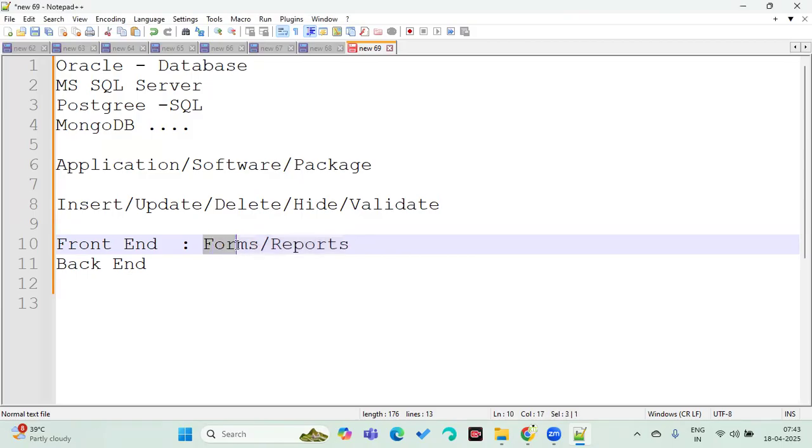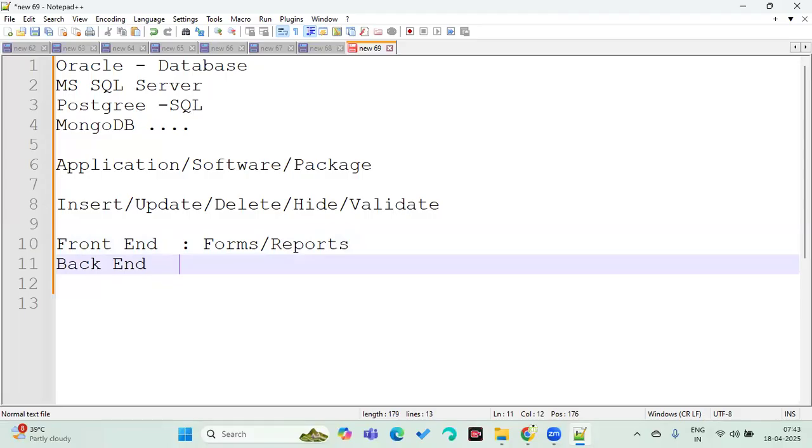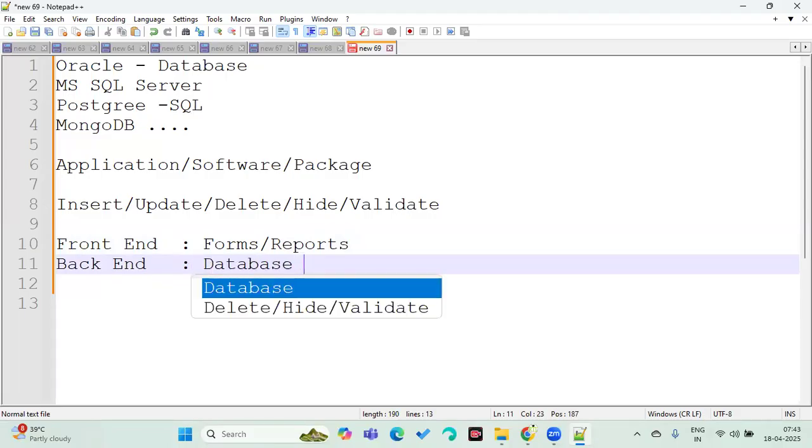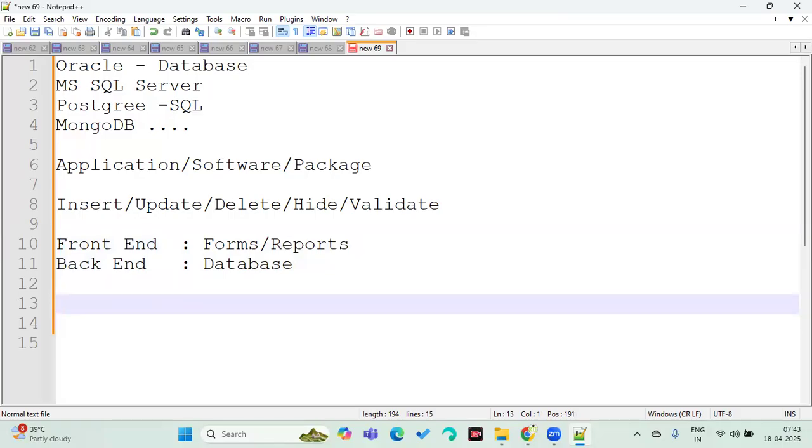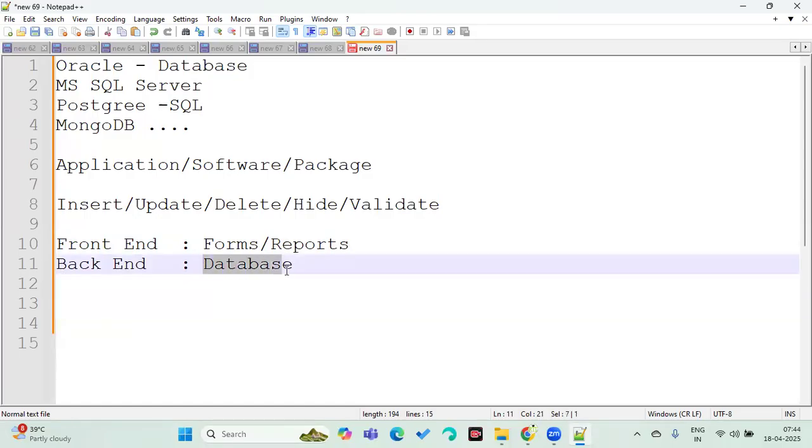Whatever data they entered in the forms, when they click the submit button, you might have seen, that information will be saved in the database. Okay, that's what backend is. Backend is nothing but a database. So if you buy some items today and go tomorrow and give the bill to them, what happens? They'll search for the bill, where that information is saved in the backend database. They'll make changes, whatever is required. If they want to take the product return, if possible, they'll take it. Any discounts or whatever business rules are there will be applied here.